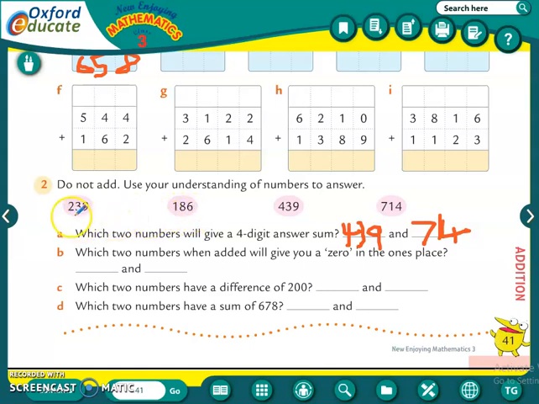So no, 2 minus 1 is equal to 1. But we want an answer of 200. So what will we do? 239 and 186 is not correct. 439: here at the ones place and tens place, both the numbers are the same, 39, and here is 4, here is 2 at the hundreds place. So the difference between these